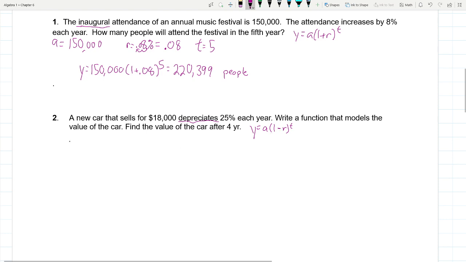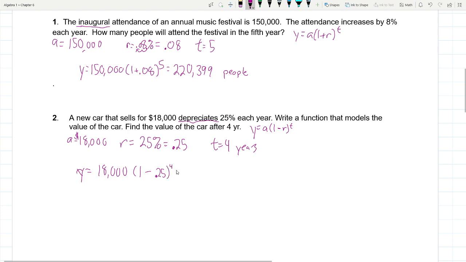So let's do some identification. Okay, a is 18,000. r is my rate. It says 25%. Again, I have to convert that to a decimal, so that's 0.25. And then I need to find my time, which is 4 years. So now I plug this all into an equation. I go y equals 18,000(1 minus 0.25)